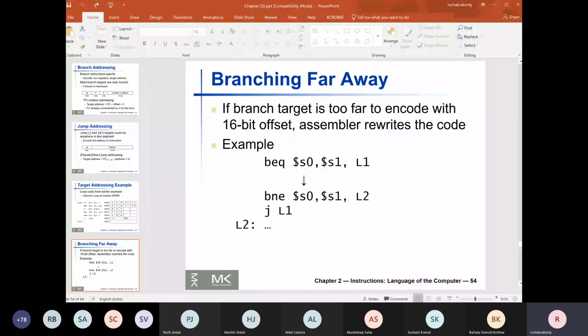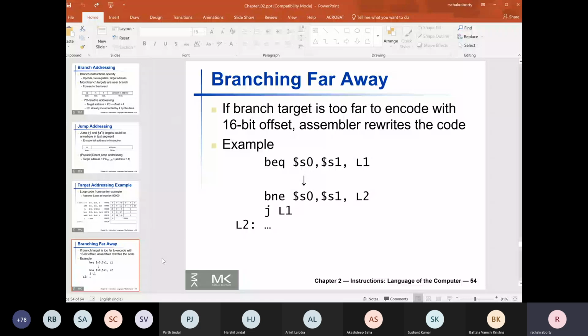The very next instruction after the jump is labeled L2. Whatever was after this very BQ instruction is marked as L2. If the registers are not equal, it goes to L2. Otherwise, it makes a direct jump to L1. In that way, it expands the possible range of offsets to branch to a far away location for which 16 bits are insufficient.